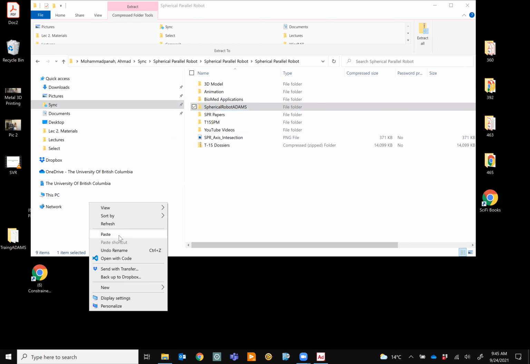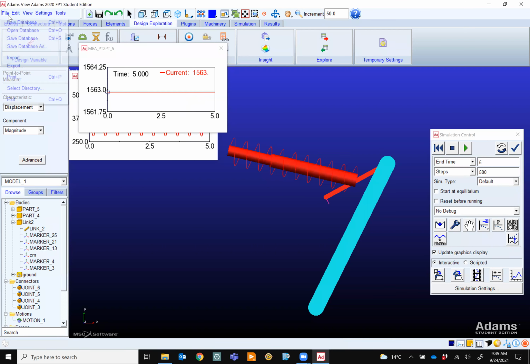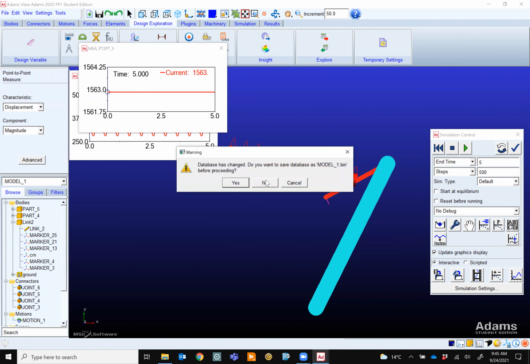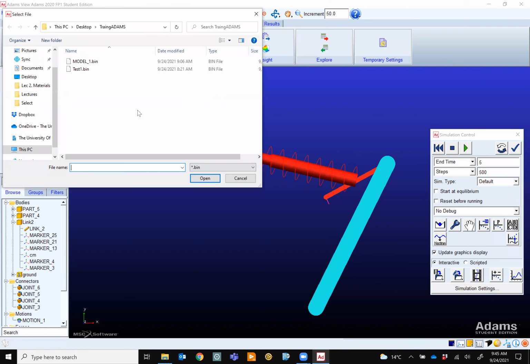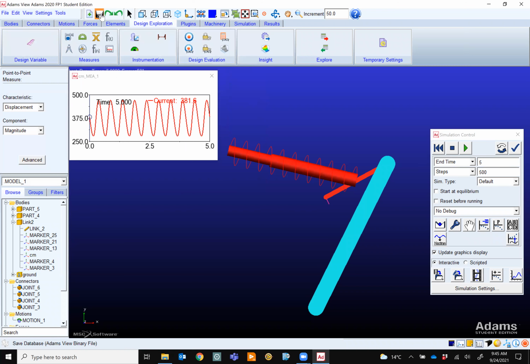Let me put it on desktop. I don't want to damage that file. Let's just quickly open that file. Okay, file, open database. Do you want to save it? No. Well, let's save it for you now. Cancel. Let's close that thing. I will save this one for you, and I put it in your things. Okay, Michi? You like this model if you like it.